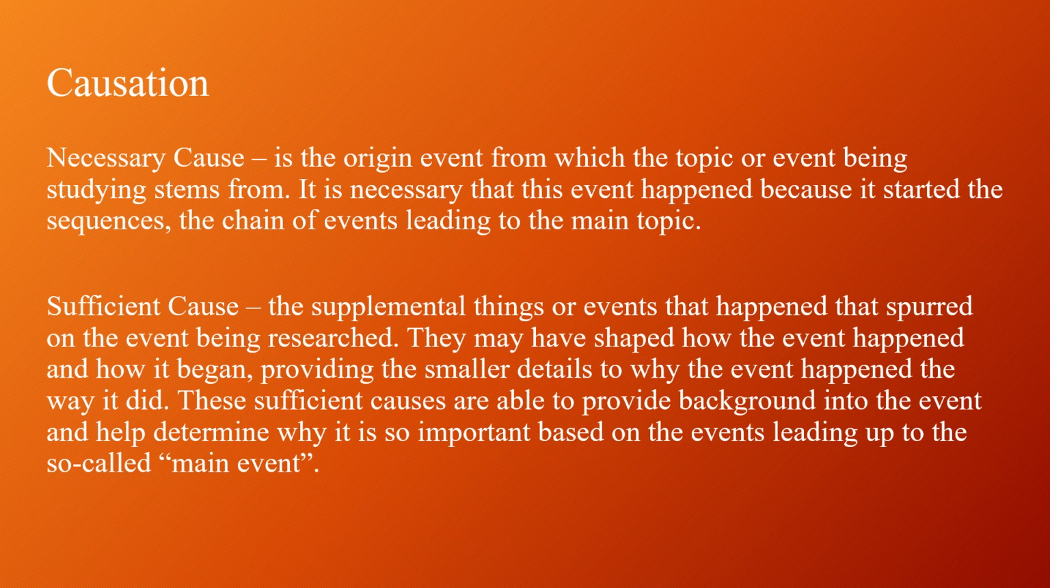Causation. So within causation, we have two types, necessary and sufficient. Necessary causation is going to be the origin event from which the topic or event being studied stems. It is necessary that this event happened because it started the chain of events that led up to the main topic. Though it is not imperative that the origin event happen directly before the main event in terms of chronology. There can be years, decades, even a few hundred years before the main topic,